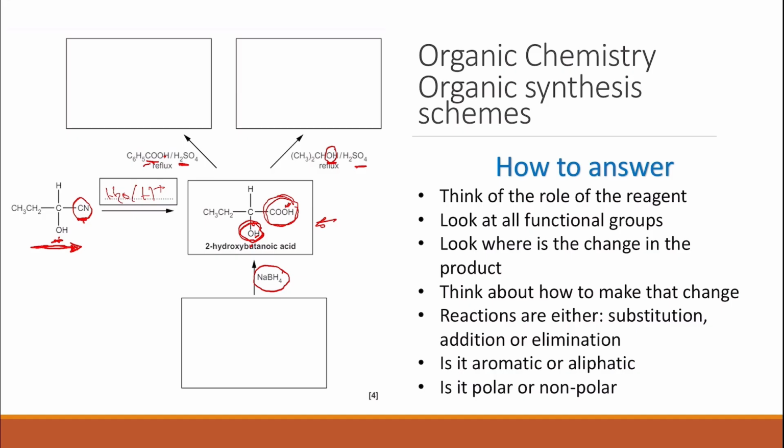The only thing that comes from reduction would be this alcoholic functional group, because the carboxylic acid is not a reduction product, but the alcohol is a reduction product. So what can be reduced to give a secondary alcohol? The carbonyl group. So you're going to have a carbonyl group here instead of this OH. So in your starting material, you're going to have this in addition to the carboxylic acid and the